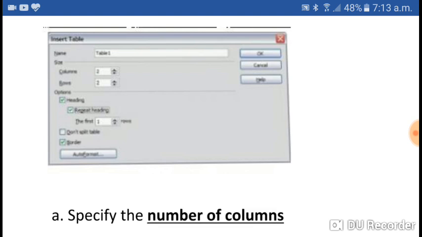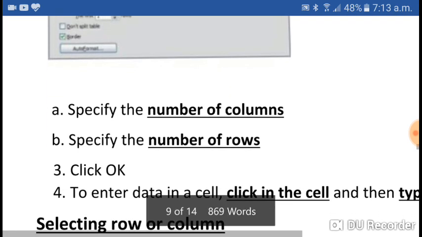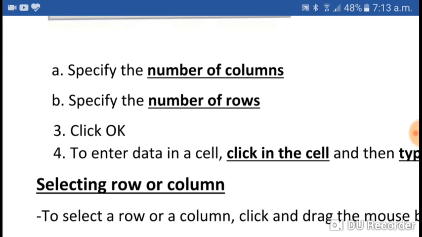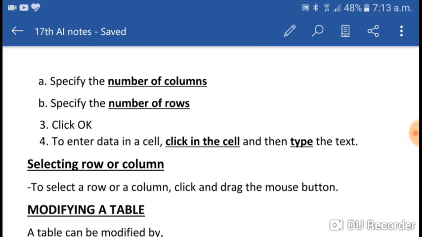Then size, meaning the size of the table: the number of columns and number of rows which are required. Select or type in the boxes and click on the OK button. So specify the number of columns and rows, click OK, and the table will be inserted. Click in the cell where you want to type and start typing.